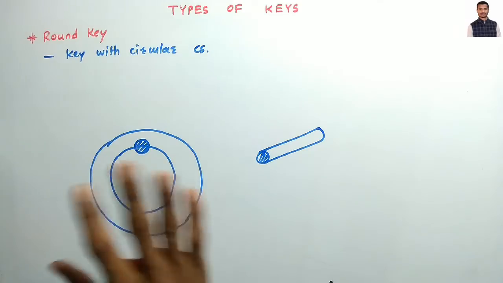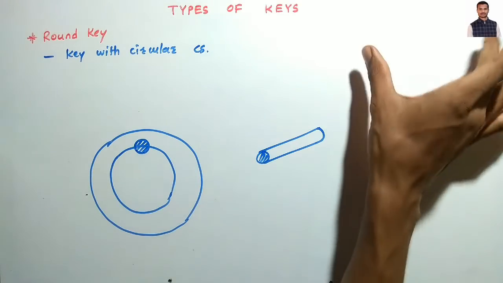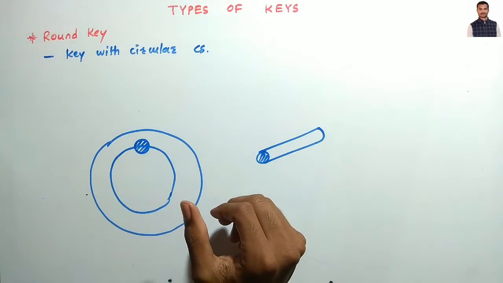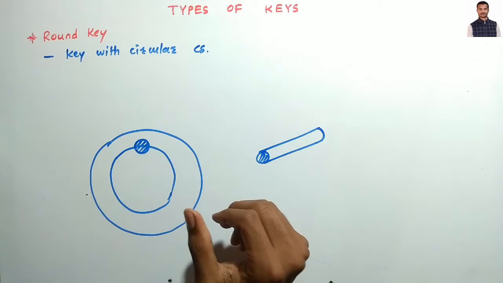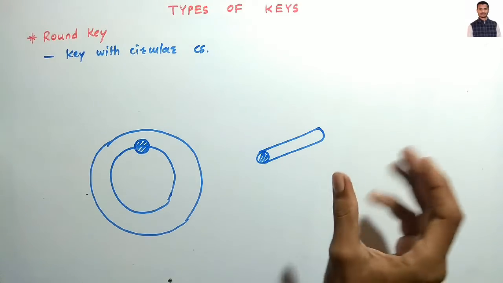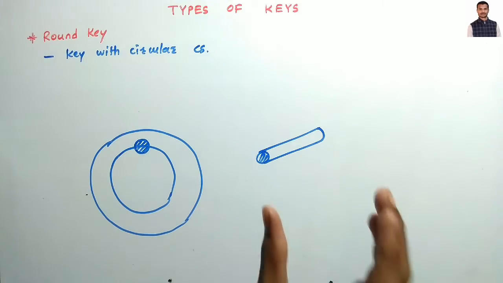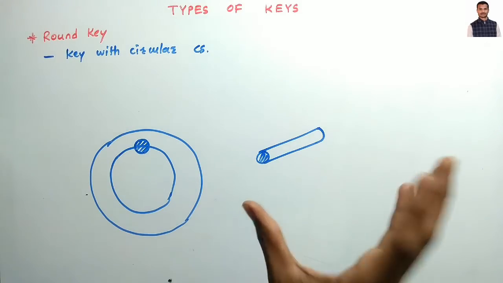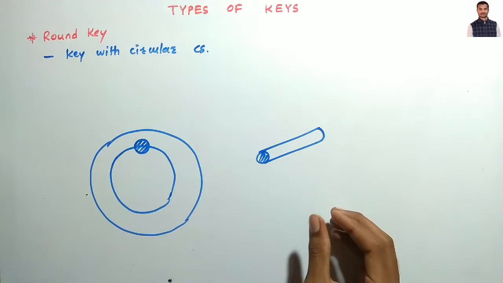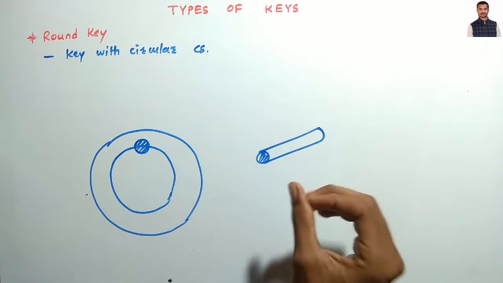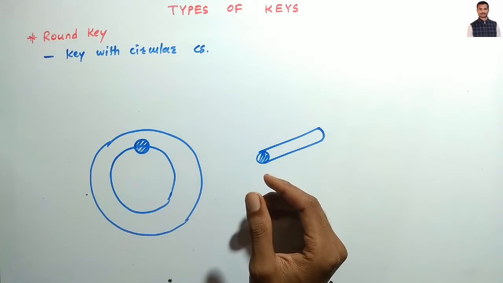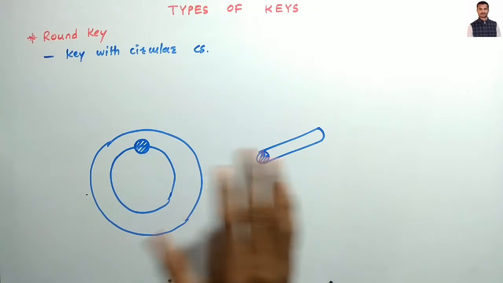So these are all the types of keys. The main types are the sunk key, the second one is the saddle key, the third one is the round key, and one is the splined key or splined shaft. In the case of a splined shaft, the key is integral with the shaft. There are 4 or 6 or 10 or 16 splines on the shaft. That splined shaft is used in a gear transmission system to shift a gear here and here. So that is called a splined shaft. So these all are the types of keys.